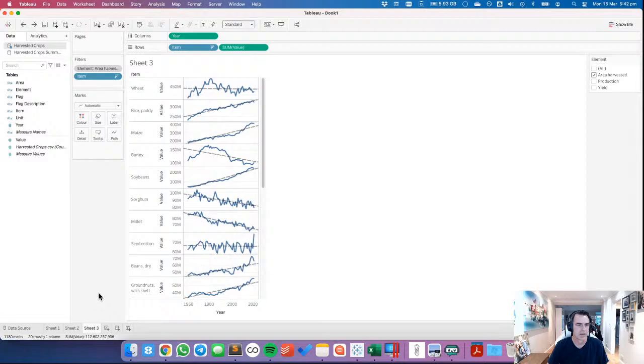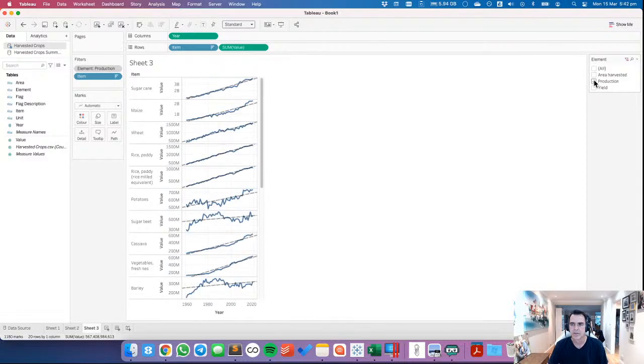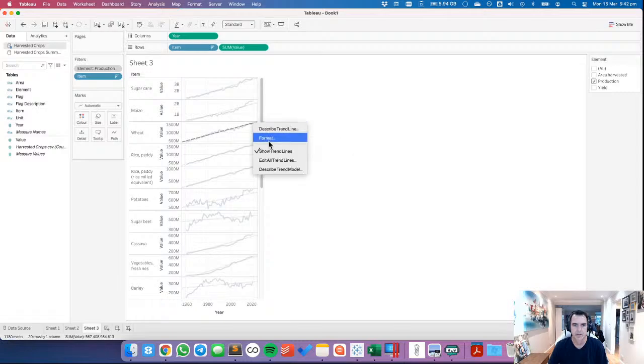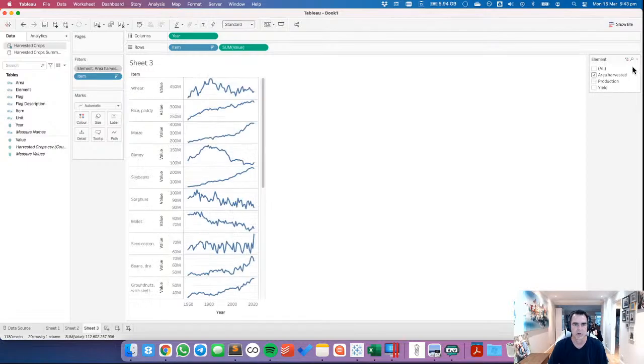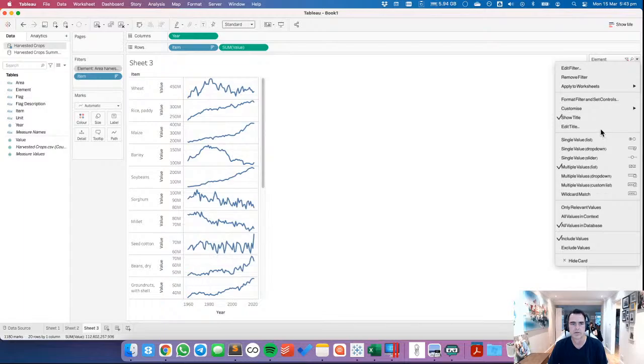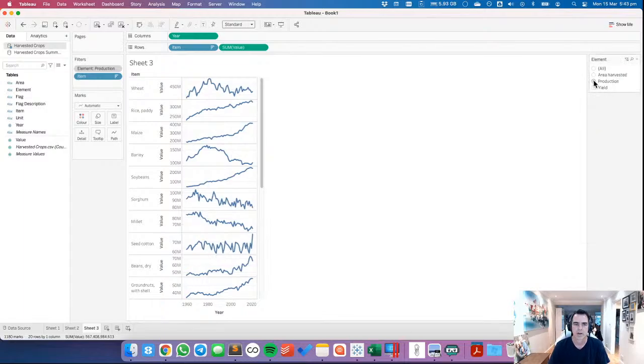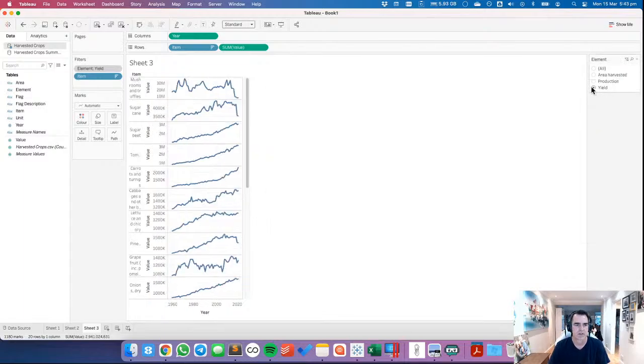yeah, so that's that. I do like having this top 20 here, because now what I can do is I can switch these between area harvested and, actually I'm going to get rid of the trend line. Let me just remove it. Show trend lines. And then I could switch to production, and notice how the sorting changes as well. So let me change this to a single value list. So area harvested, production, yield, different things. So you see mushrooms and truffles actually yield the most, or at least they did over this whole period of